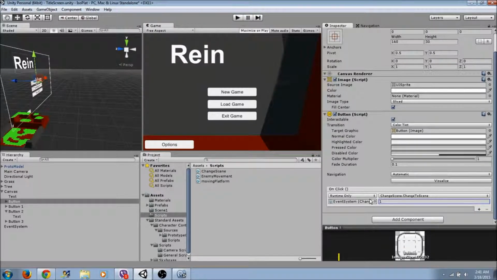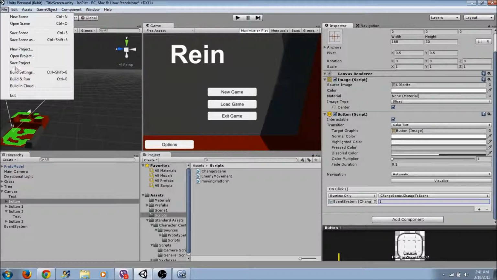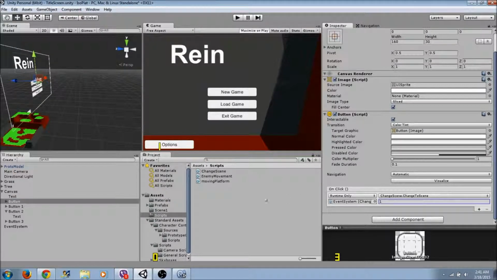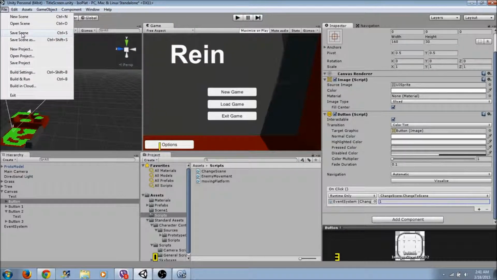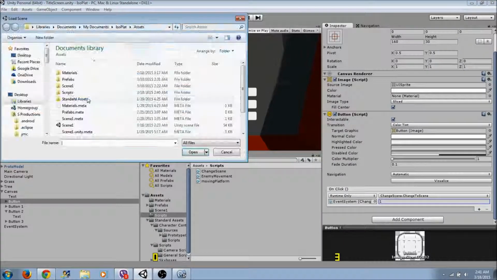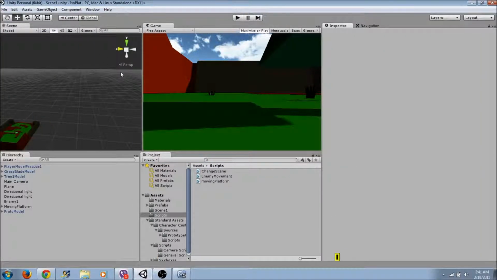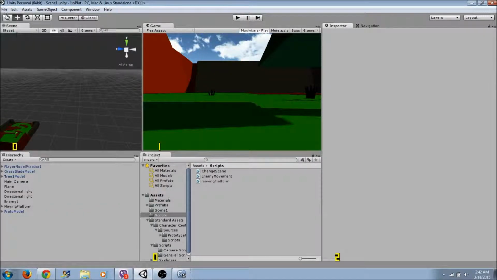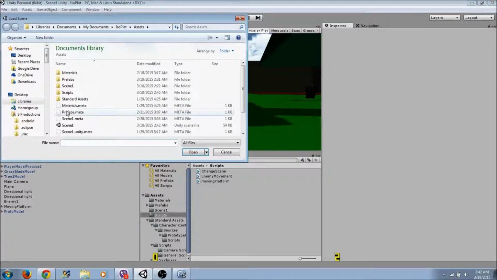This is going to the next level, so we need to make sure we go to build settings and add current at 0. This is the title screen, and we need to add the other one too so it can work. So what we're gonna do now is save scene, and it's gonna open scene. Let's go to our scene 1, and then we're gonna go to build settings, add current, so that's gonna be 1. So that's the one we're gonna be going to. So save scene. I guess we probably gotta save it, but alright. Open scene. Let's go back to the title